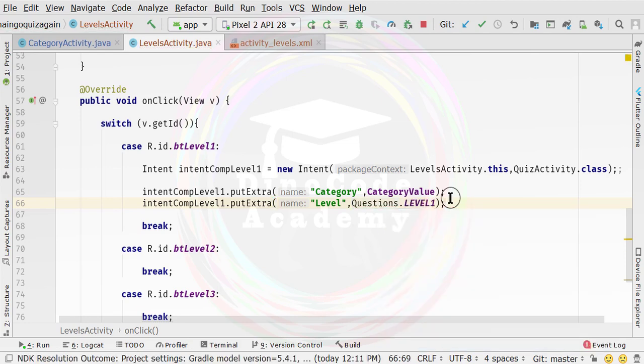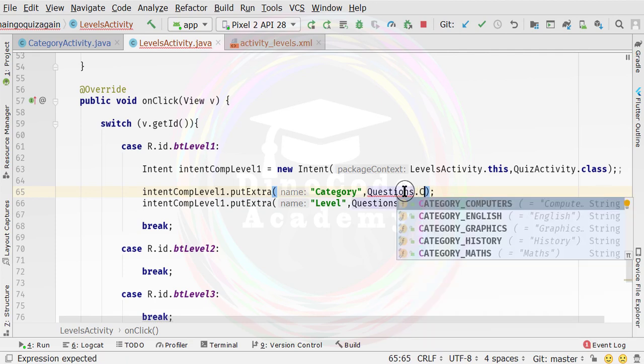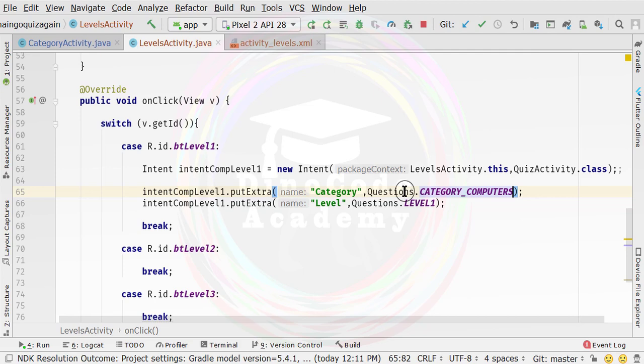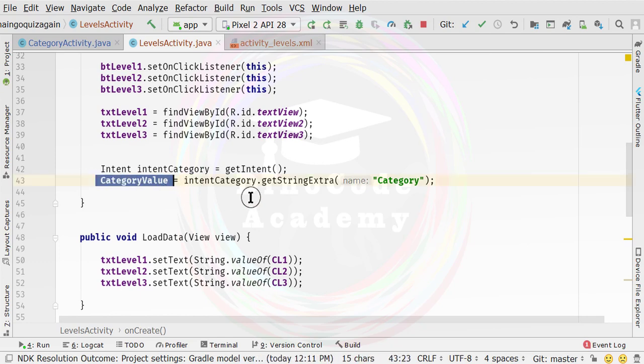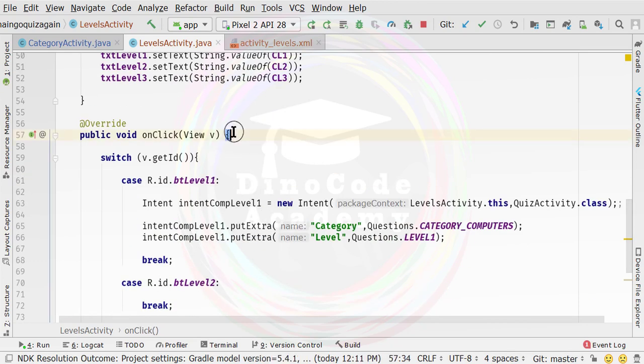You can also use the constants from the category value as well. If you actually want to use questions, because you want to get the computer category, you can use the category computers directly, which also holds the computer category. Now again, you must be asking why we use this particular category value. The reason is that here we need to make a comparison.